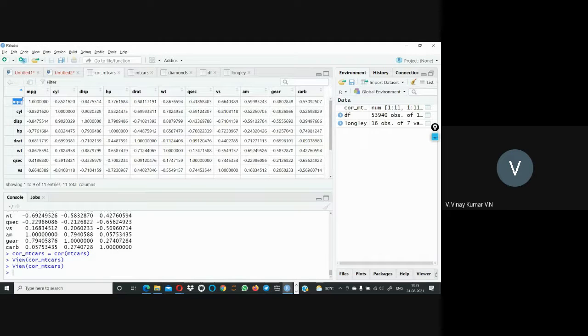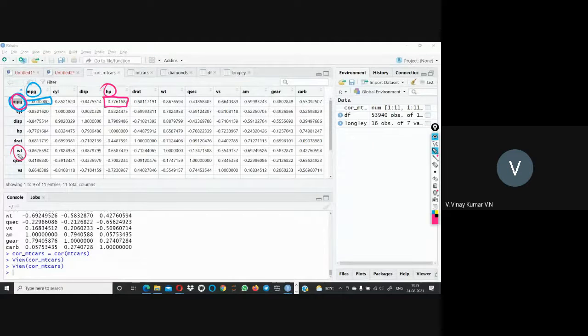A variable with respect to itself has a correlation of 100 percent, so MPG with respect to MPG is 1. When you compare MPG with HP, the correlation is negative, minus 0.77, which means a 77% negative relation exists between MPG and HP.